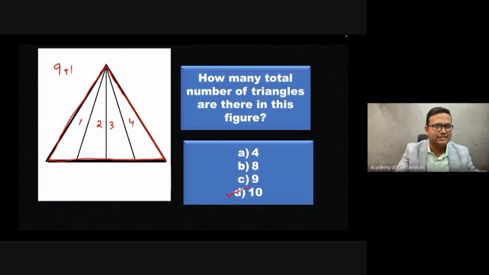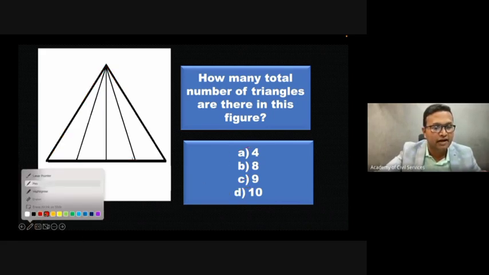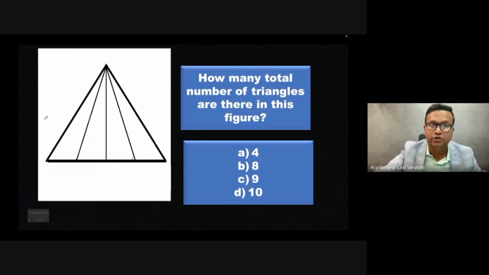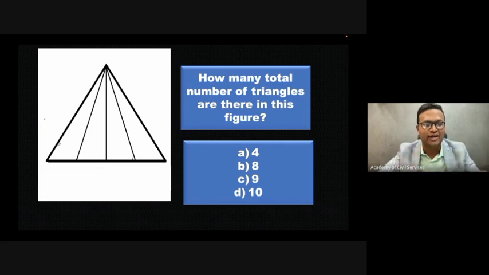Now the point here is that this is the direct, long way to solve this question. If you are solving this question in this way, sometimes you might get it wrong. Many of you might have thought when I reached 9, 9 is the correct answer. Many of you initially might have thought 4 is the correct answer. You might end up with a wrong answer also, and it will take too much time also. Minimum 2 to 3 minutes it will take to count all these triangles.